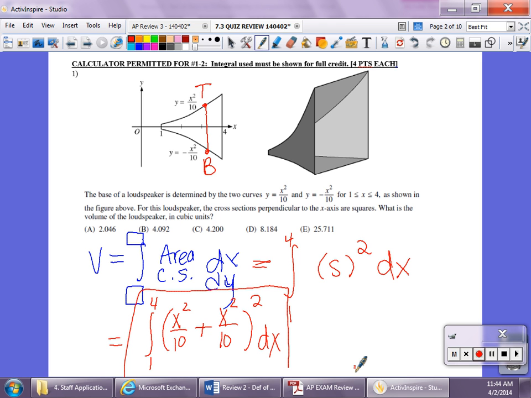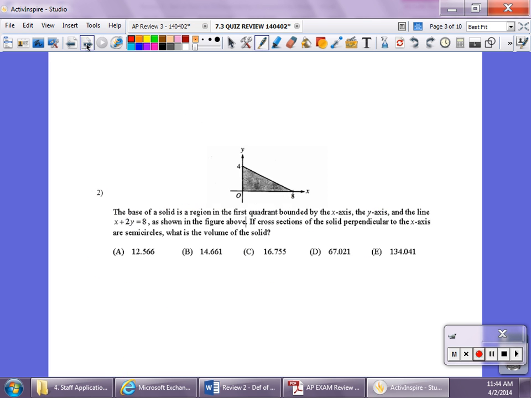So that was number 1. Are there any questions on that guy? So notice the process. Area of a cross-section, is it a dx, is it a dy? Figure out your limits, figure out your area formula, and then draw your top and bottom. And that's going to be the same thing I do for each of them. Number 2, most of you,